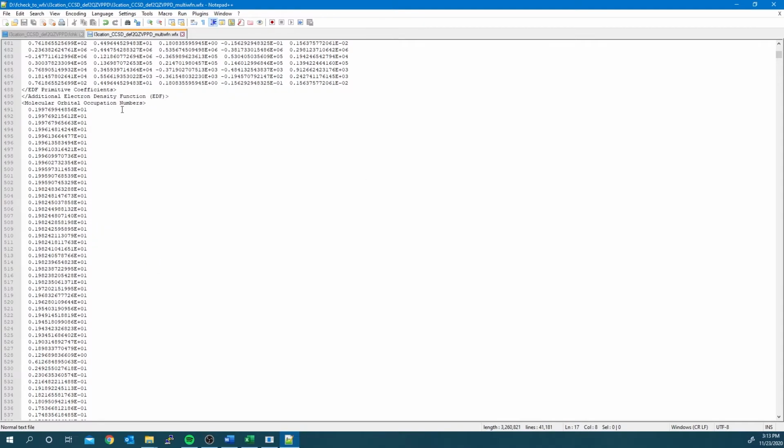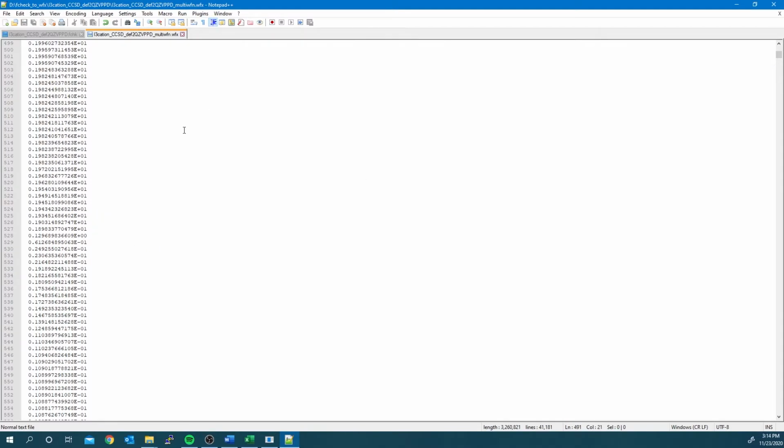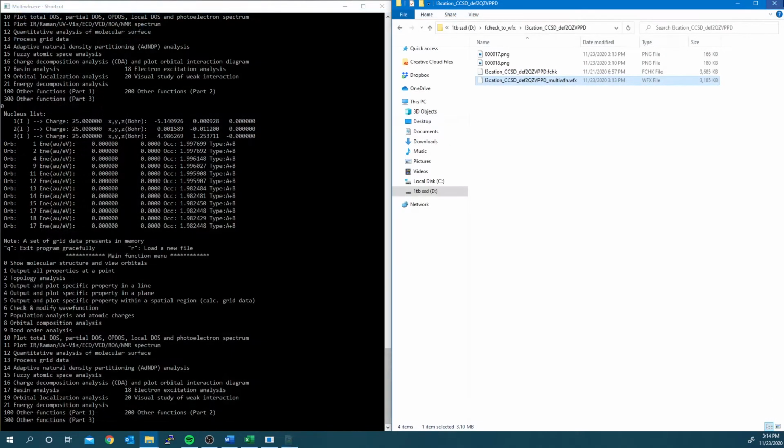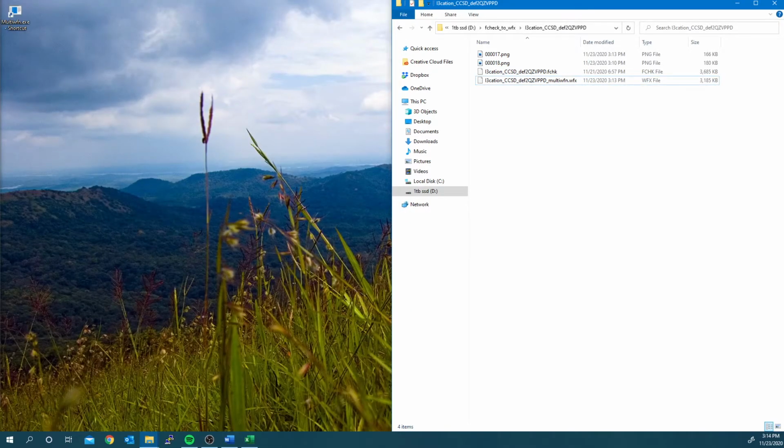Now, we notice that the molecular orbital occupation numbers are not integers, because the orbitals are partially occupied. We also notice that when scrolling down, the number decreases as to approach 0. In this case, we don't have to change the molecular orbital energies as they are already 0. And we see that for this non-spin polarized example, the alpha and beta orbital spins are combined in a single matrix. Close the multi-WFN window.